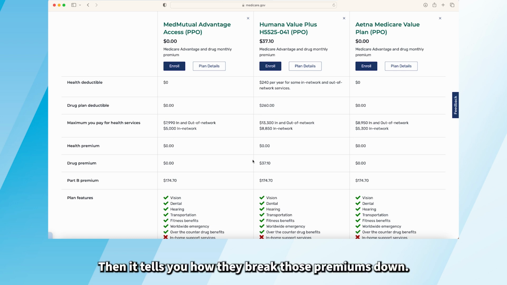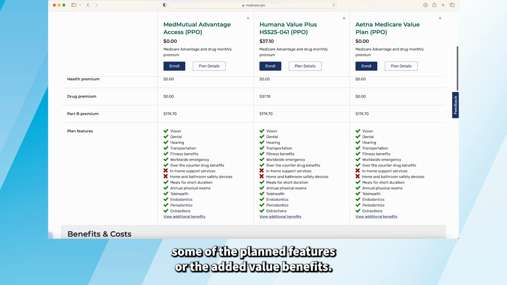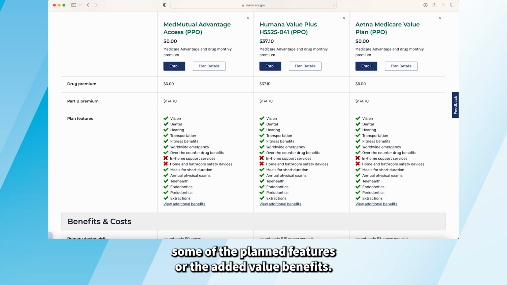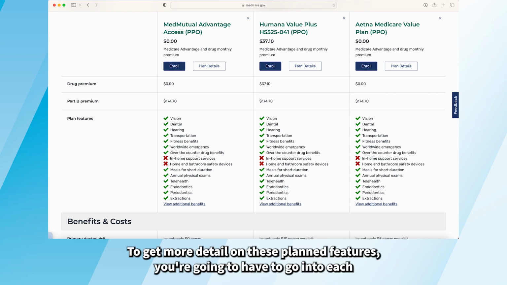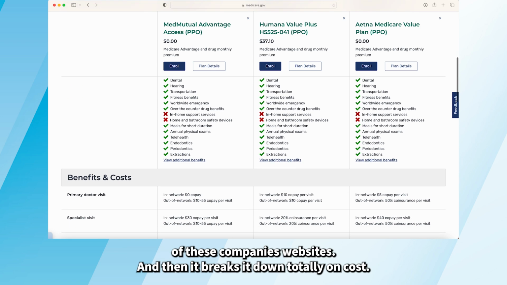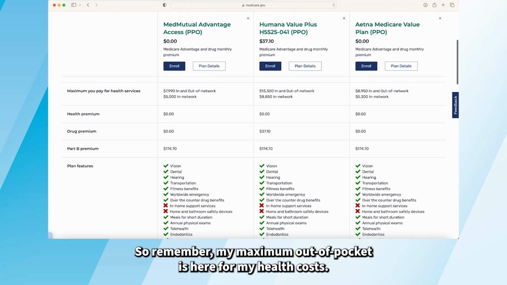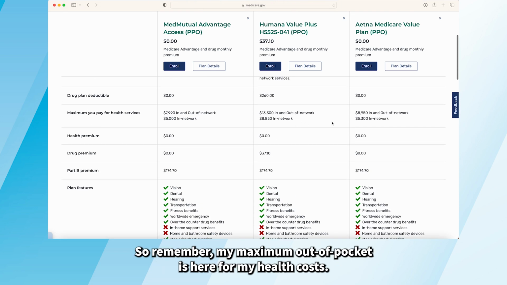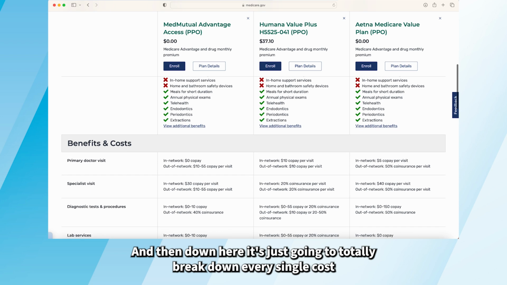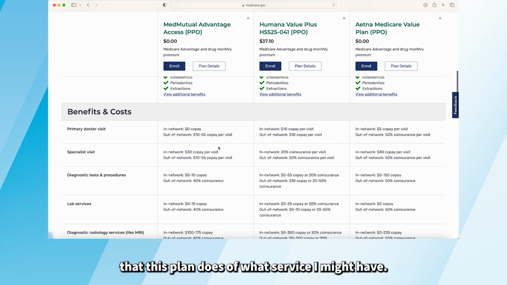Then it tells you how they break those premiums down. Everybody pays your Part B when you're in a Medicare Advantage plan. It highlights some of the plan features or the added value benefits. To get more detail on these plan features, you're going to have to go into each of these companies' websites. And then it breaks it down totally on cost. So remember, my maximum out of pocket is here for my health costs. And then down here, it's just going to totally break down every single cost